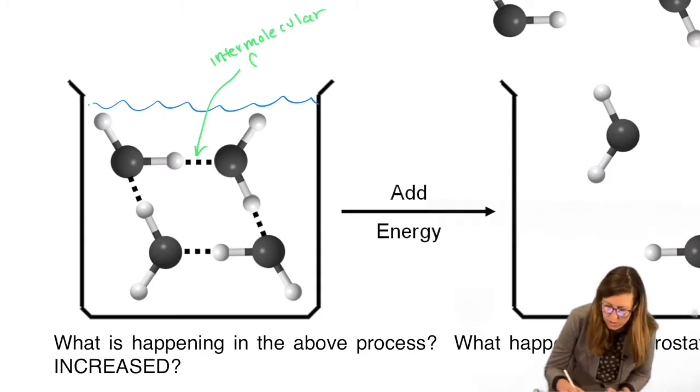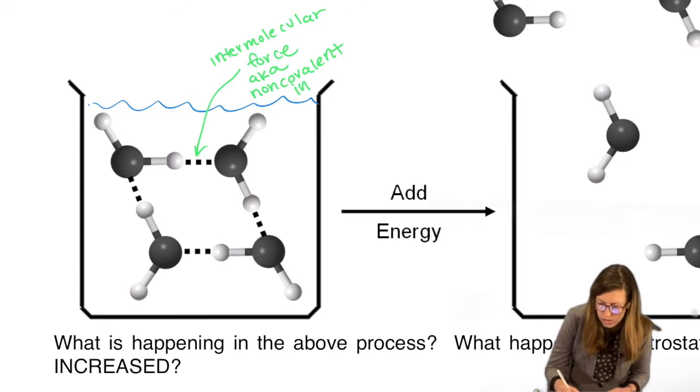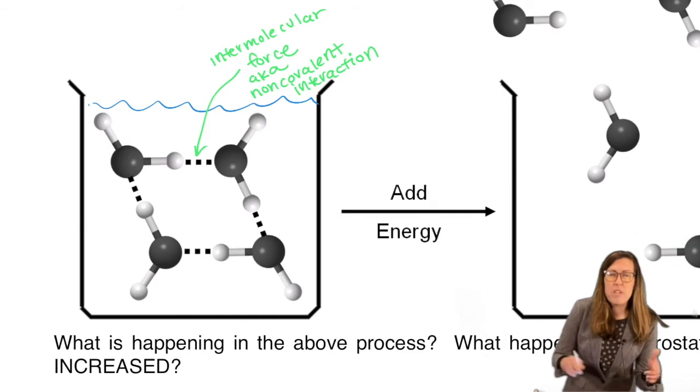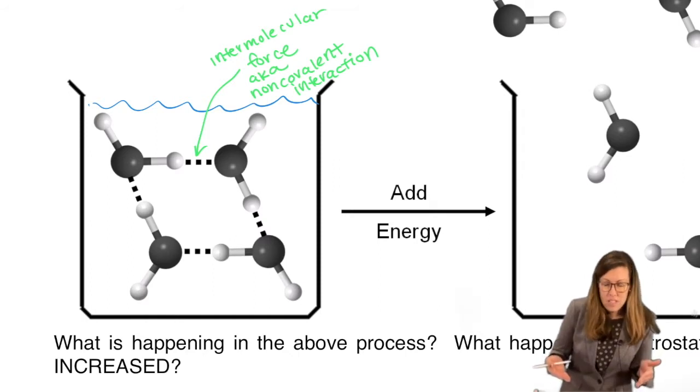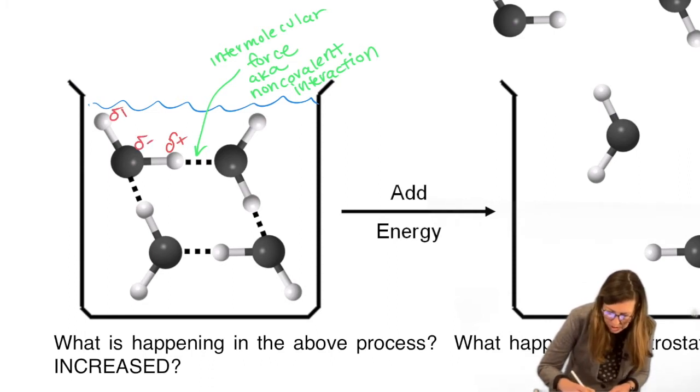Intermolecular force, aka non-covalent interaction. Non-covalent meaning it's not a bond, but it's still an interaction. They're still attracted to each other. So let's indicate those attractions. Now that we're bringing this all together, we have the shape from VSEPR giving us the bent. That's why we need this. We have the dipole. We know water's polar. Let's draw the dipoles. Delta plus for the hydrogens, delta minus on the oxygens, right? These are very polar bonds.